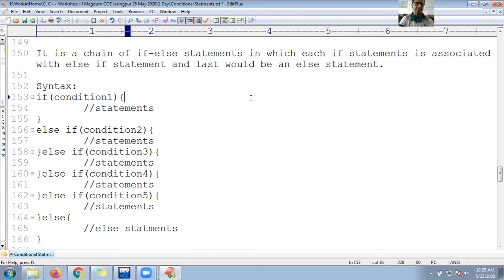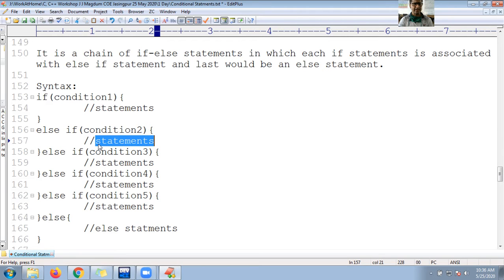If condition 1 becomes true, then the first if condition's statements will be executed. If the first condition becomes false, control will jump to the else. What does that else contain? Again an if. This if condition will check condition 2. If condition 2 becomes true, then this statement block will execute. If this becomes false, control will jump into the next else.